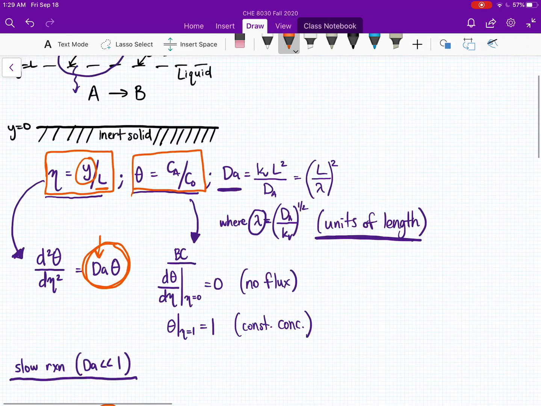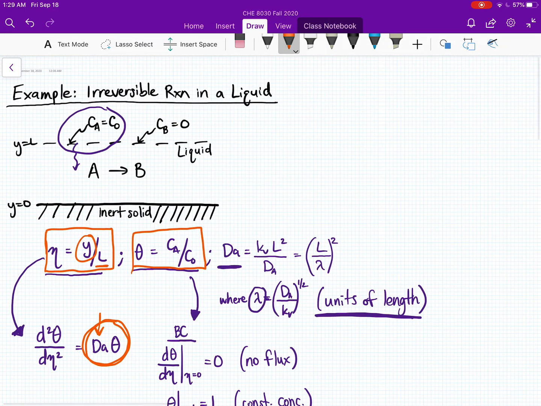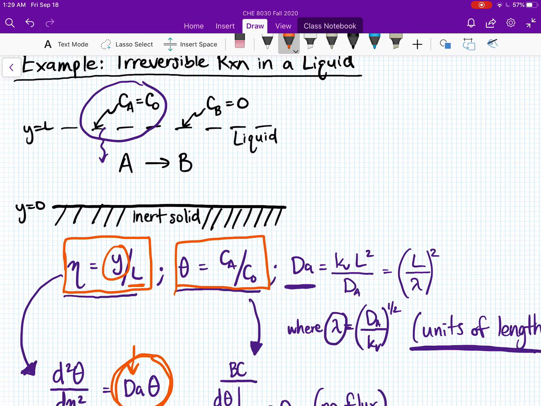Physically, what I'm saying, and we talked about this before, is that what I really have is, and I'll draw it as a solid line, I have this very thin thickness, or small thickness, that we will define as delta for right now,